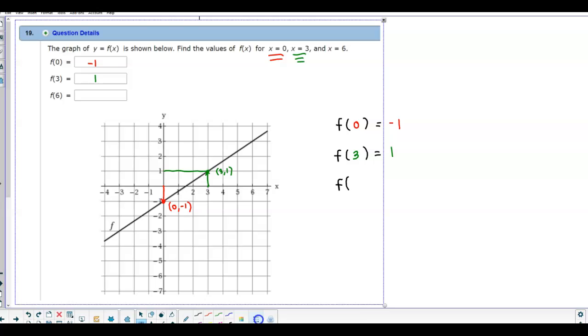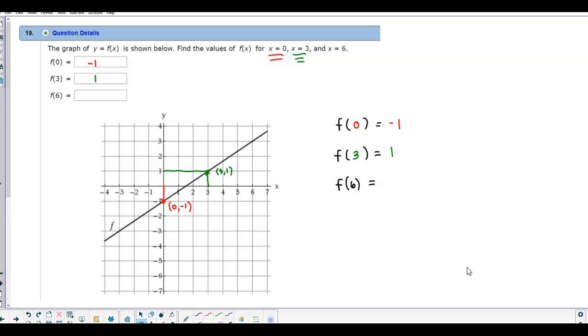Next, we have f of 6. Okay, so we want to find out on the x-axis where 6 is located for x, and there it is. And then we want to go all the way up to the graph, and where it hits the graph, we can see that the output's going to be 3. So the ordered pair is going to be (6, 3). So that means the output is going to be 3. So the answer here is